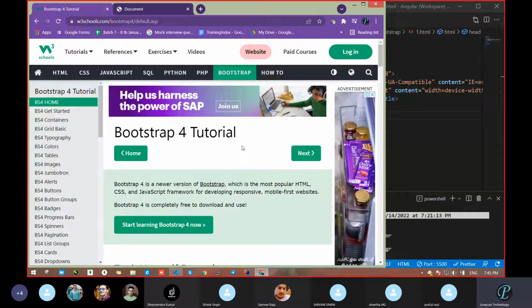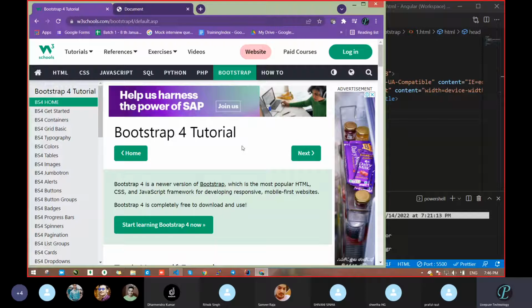As with Angular, there is Angular now in the market. I think Angular 13 is there, because Angular gives an update every 6 months. Angular 13 is going on, but nobody is using Angular 13 now. Everybody goes with Angular 8, Angular 9, Angular 11, like that. One update means big changes, like Angular 11 to Angular 12. Each 6 months Angular releases an update. Angular had started in 2017.